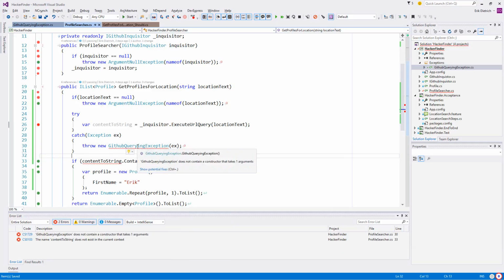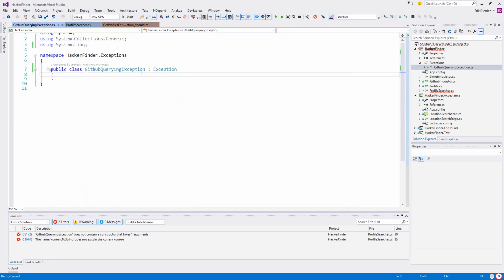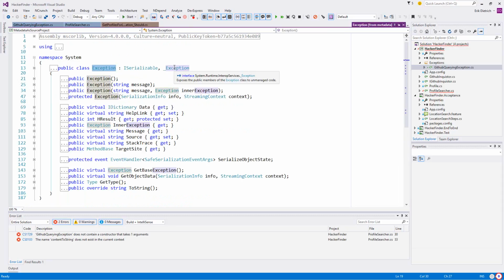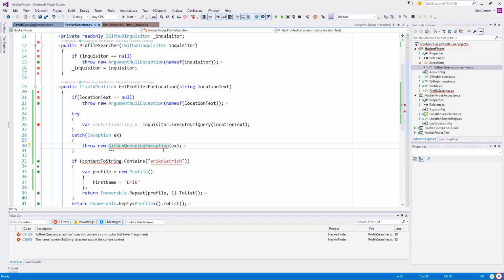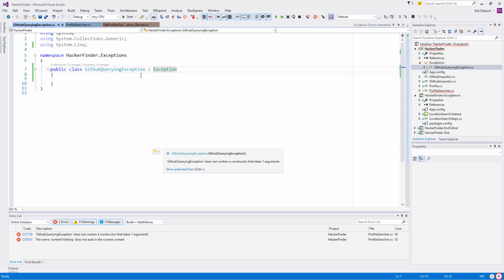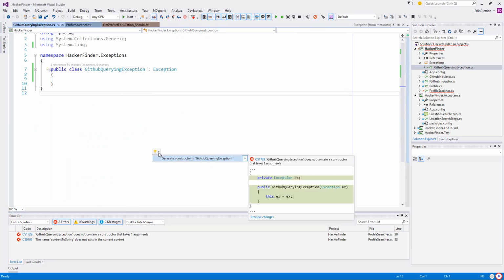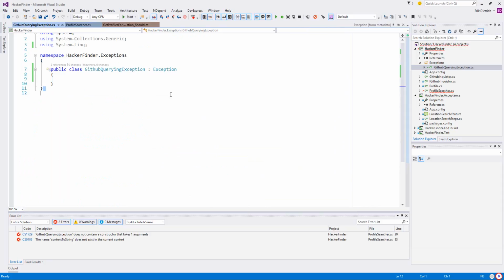And why don't you like this? Oh, because I don't get that constructor from the parent? Oh, because it needs a message too. Okay, fine. No, I don't want to go making up constructors just for that.